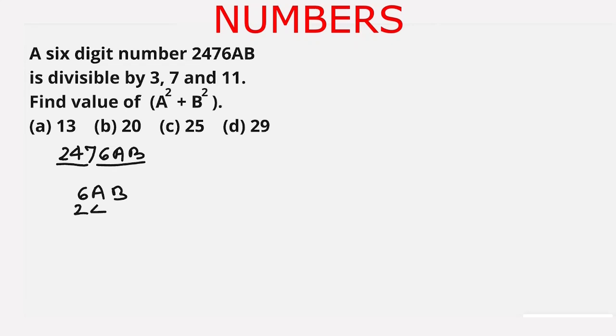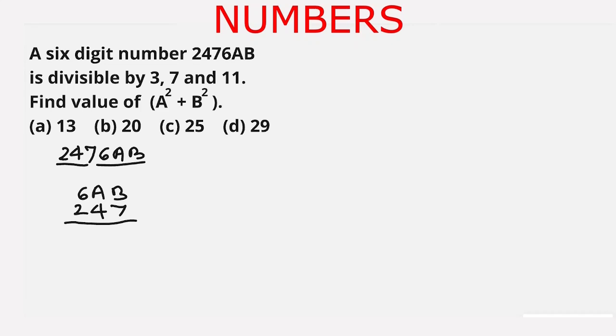6AB minus 247. Now if we subtract 2 from 6, we will get 4. And if 47 is subtracted from AB, then we may need a digit from 6. So the number left will be 5. And if we subtract 2 from 5, we get 3. So we have to find a number which is multiple of 77 and it is close to 400, in between